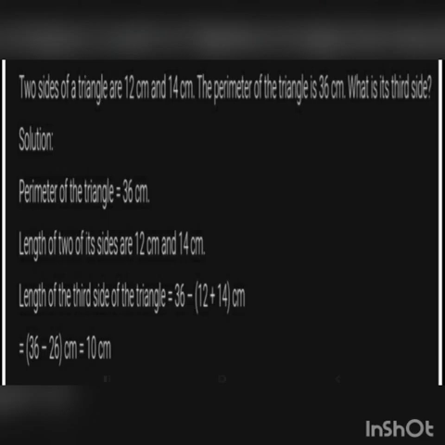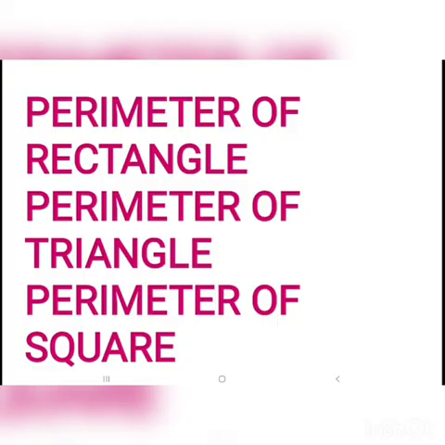Here already two sides are given. Third side is not given but the perimeter is given. We know that adding up all the three sides will give you the perimeter. So using that equation we can find the third side. How? By subtracting the sum of the two given sides from the total perimeter, we get the third side. So that was the first exercise 10.1.